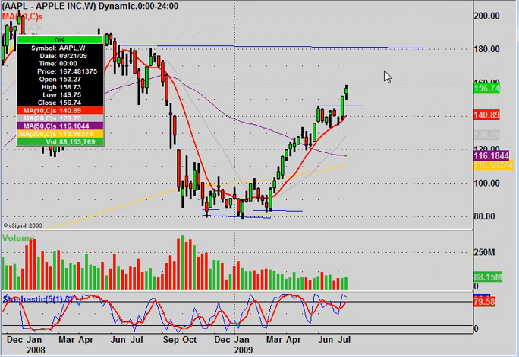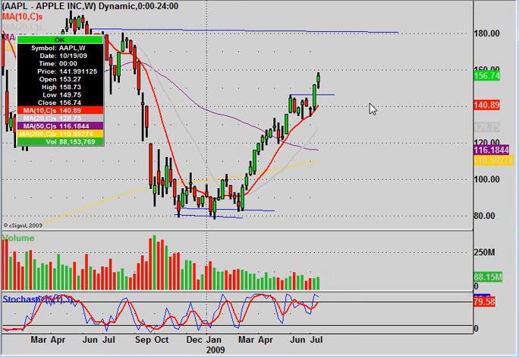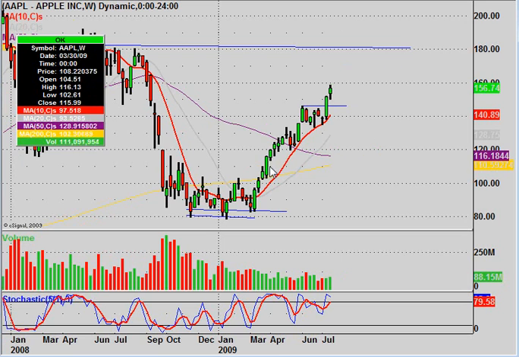So I would not be surprised to see Apple trading at right around $180 a share within the next month or so. It'll take some time to get up there. But within the next month, 2 months, maybe even 3 months, I would not be surprised if it's up there because it could pull one of these